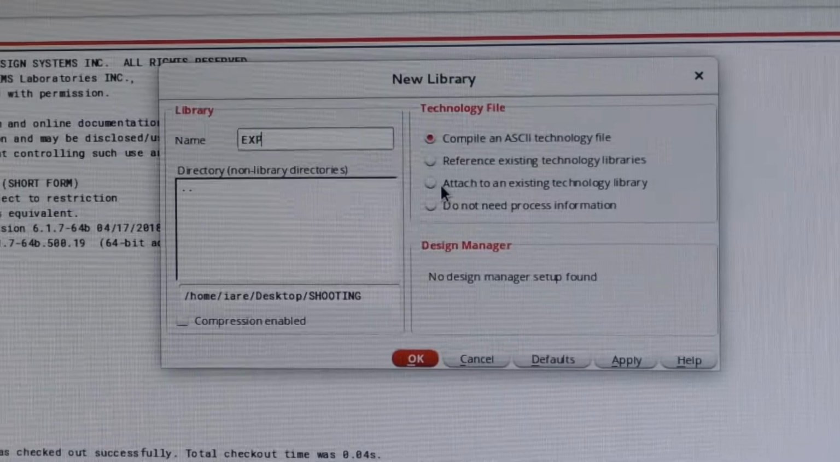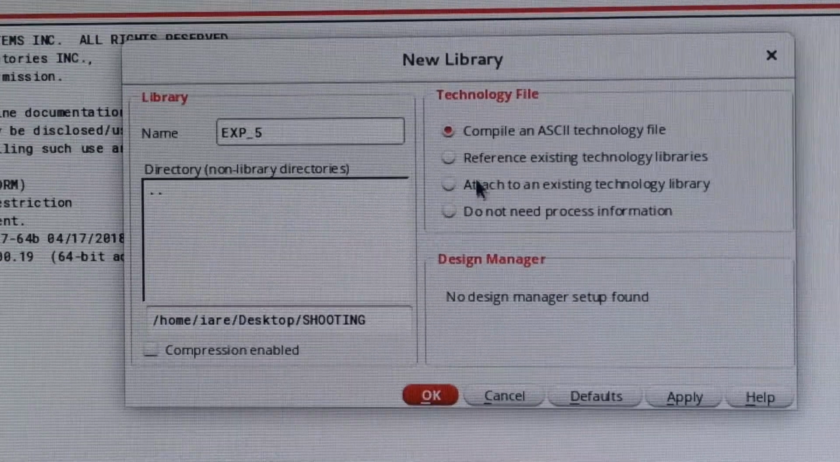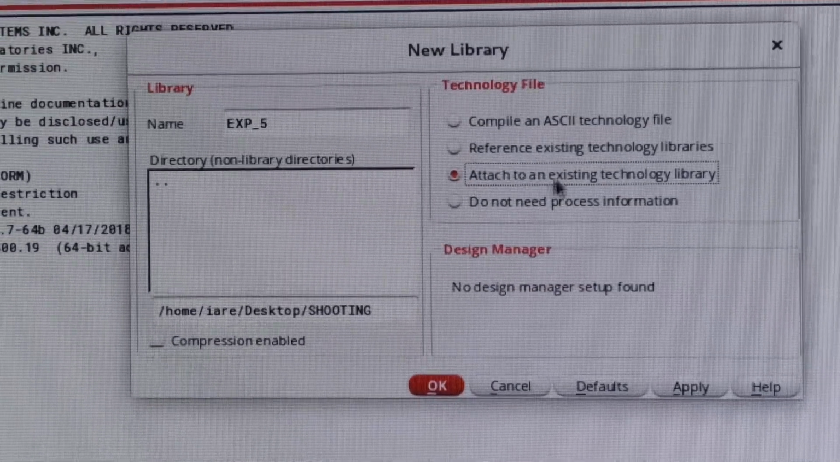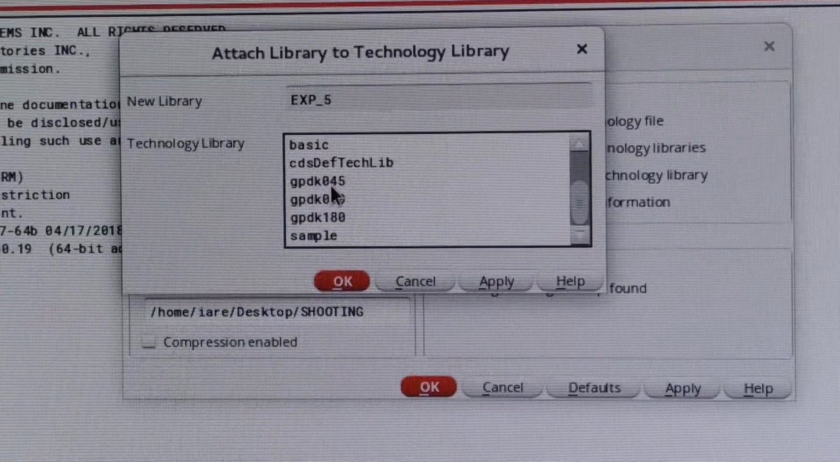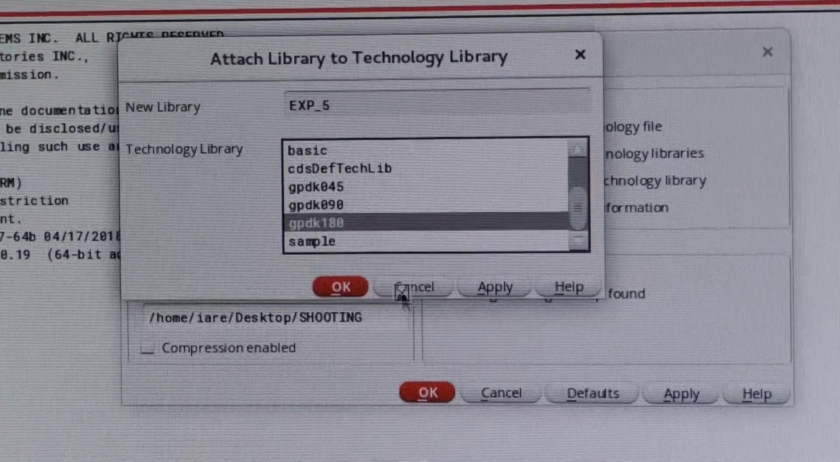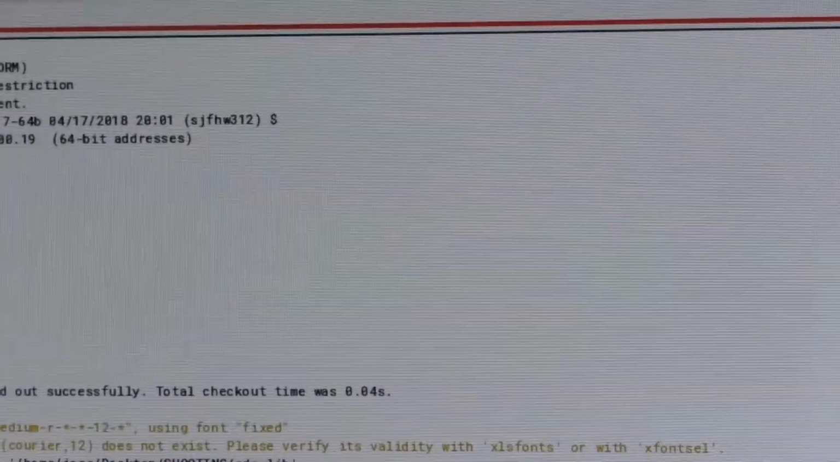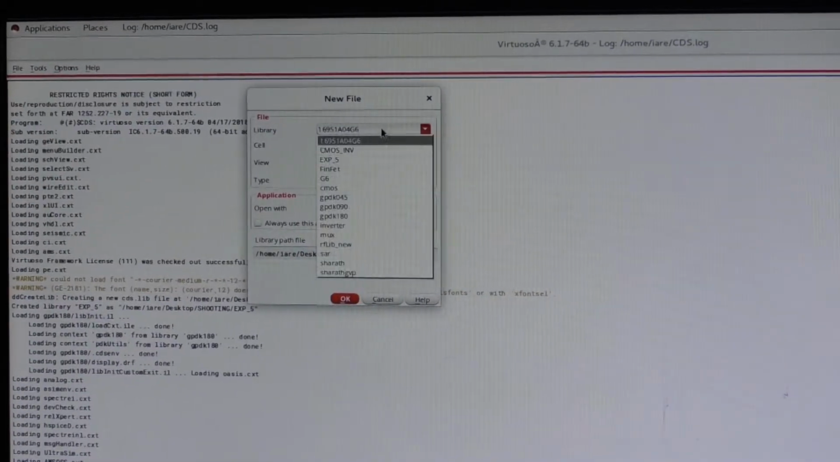For today's experiment, I have attached the library name, and I am going to give the technology constraints, for which we have to click on attach to an existing technology library. You can apply, and here we have to choose GPDK 180 nanometer. Now we have successfully created this GPDK 180 nanometer based experiment file, and now let us see